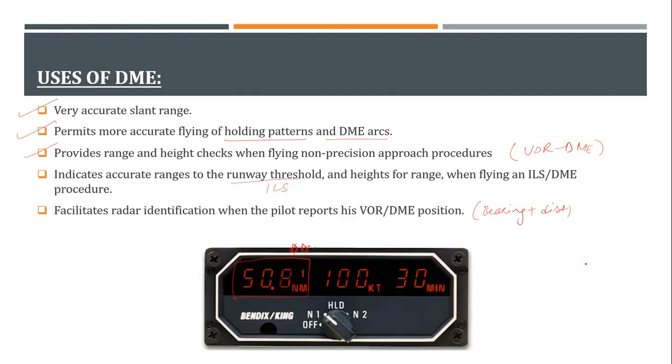Lastly, it can also be combined together with the area navigation system, that is a GPS. So it is autopilot and all. So you can select with autopilots and combine with that. So there are a lot of uses of DME. That is why it was invented around the 1990s and all, and is still being used to date.